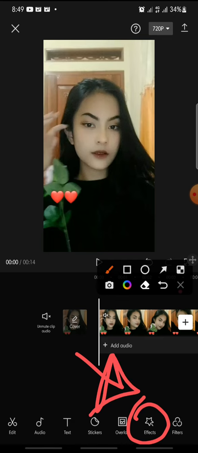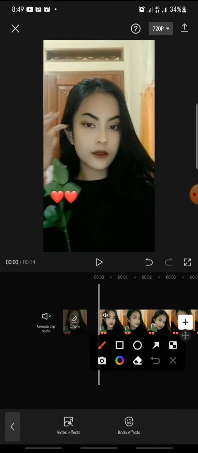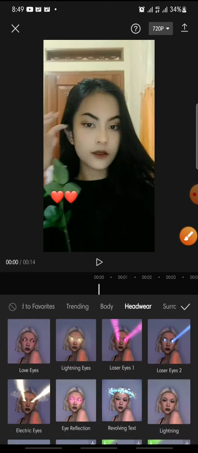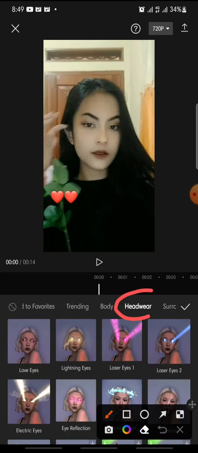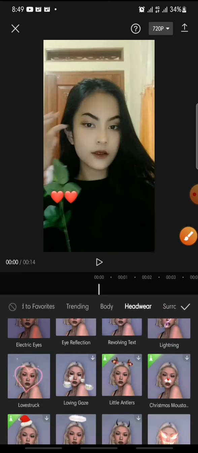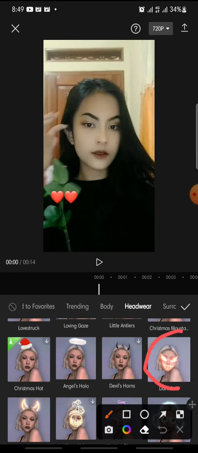edit, and then after this you can click on the effect at the bottom and then click on a body effect, and at the menu you can click on hardware, this one. Click on it and swipe down until you can see dark side effect, this one. You can click on it